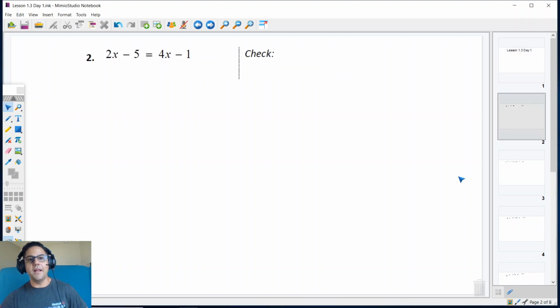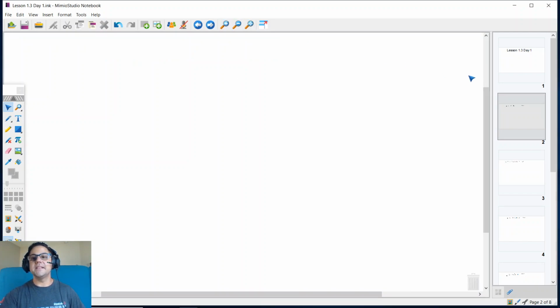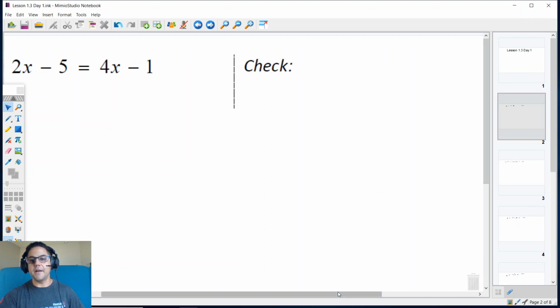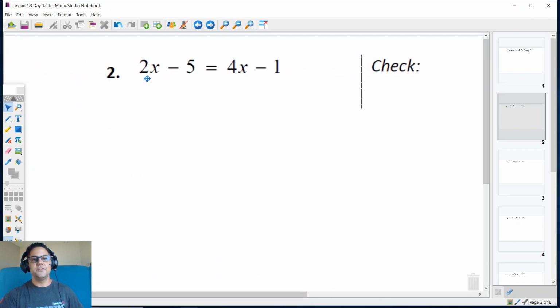So for example, a nice basic one for us to get started with is problem 2. So again, when you're on the assignment on Google Classroom, whether you print it out, doing it on Kami or paper pencil, you can just write C notes for number 2. All right, so what I'd like you to notice is that we do have variables on both sides, 2x and